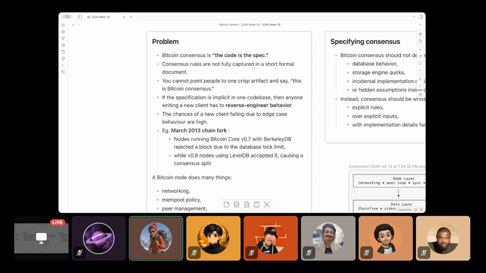So what is the problem with this setup? It is very difficult for any newcomer or even people who are developing alternate clients to develop them clearly and without edge case risks.